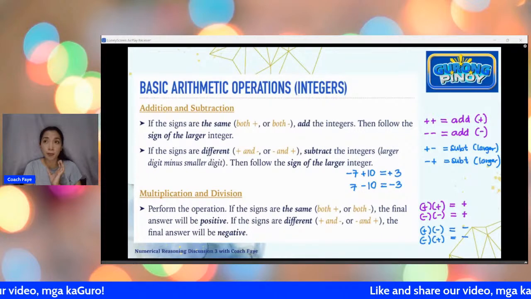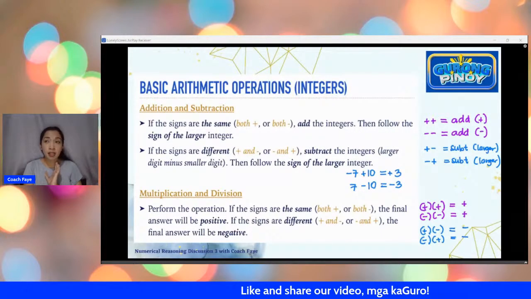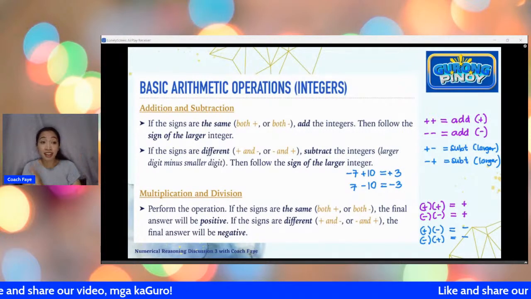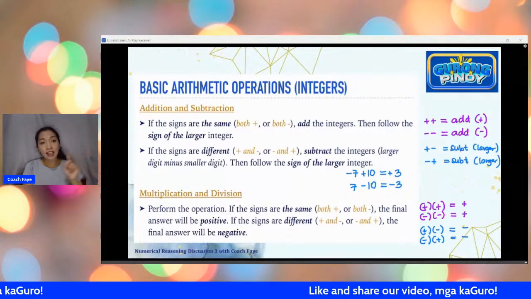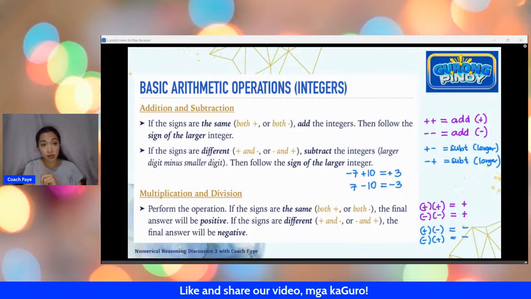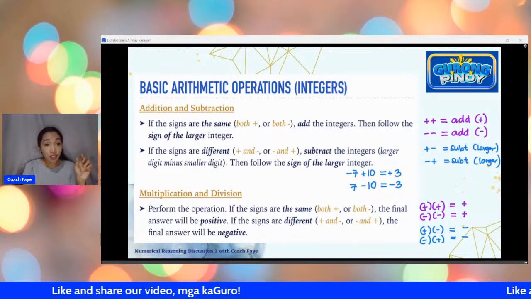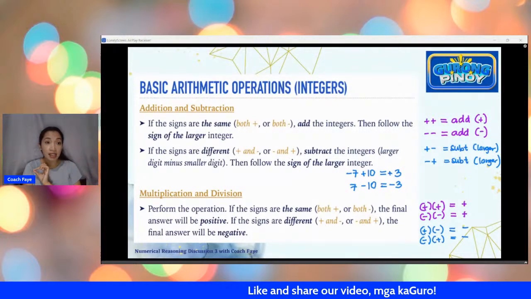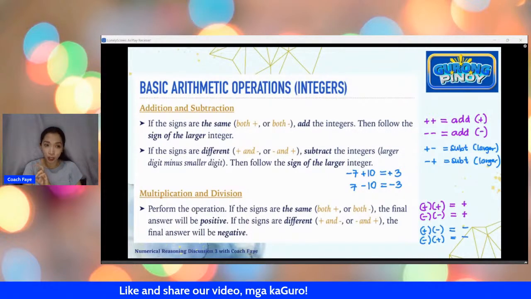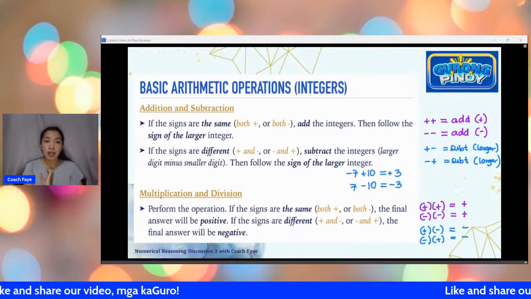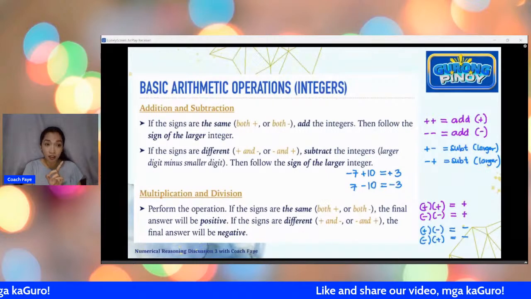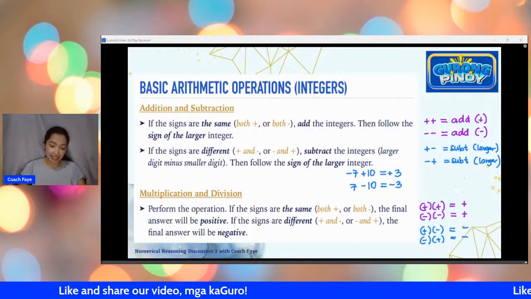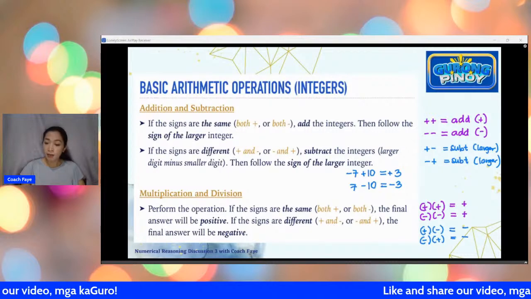So for example, nag-multiply ka ng 1 times negative 3 times 4 times negative 2 times 5 times 7 times negative 8, so on and so forth. So if you're multiplying many different things na magkakaiba rin yung sign, bilangin nyo po kung ilan yung may negative numbers. Kasi yung negative sign, pag may partner po siyang negative din, nawawala na po yung negative. So kapag even numbers yung negative mo, ibig sabihin each negative sign has a partner, mawawala po yung pagka-negative niya. Pag meron ka dyang extra na walang partner, yun pag odd, yung minumultiply mo, then you tend to have a negative sign. Ayan. So I hope na medyo clear po yan because we will now proceed to